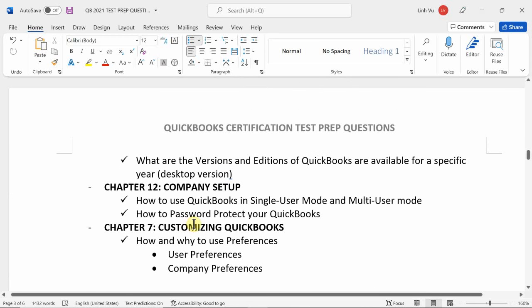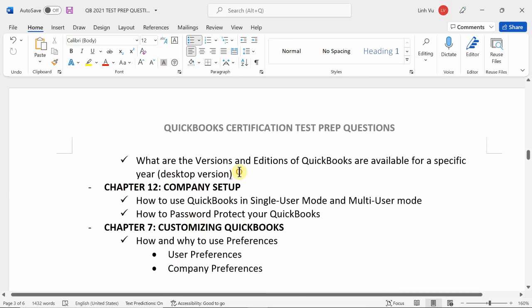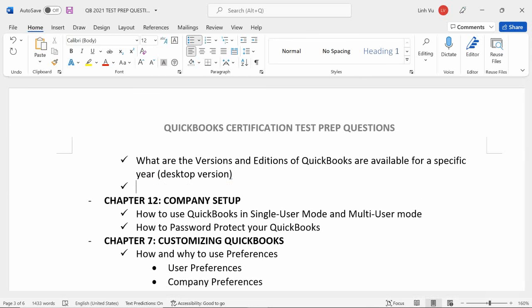All right, what are the versions and editions of QuickBooks that are available for a specific year? Okay, so in this case, what are the different versions of QuickBooks? The book tells you that there are 5. Versions, editions. Would that be Pro, Premier? Good, correct. There's Pro, Premier, Enterprise, Accountant,